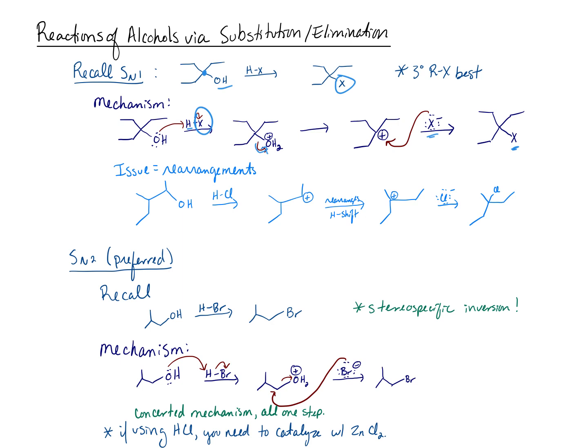The reason why we don't like to use SN1 very often, especially for secondary carbocations or secondary alcohols, is that you can have rearrangements happen. So remember, let's say that we go through this process and our OH reacts with our hydrogen, and then that OH2 leaves. What we end up with right here is a carbocation with a more stable position